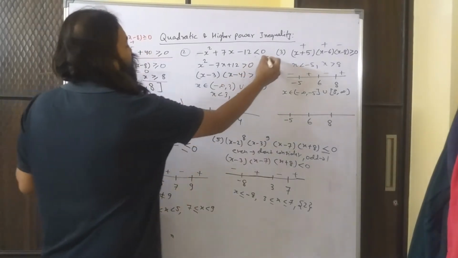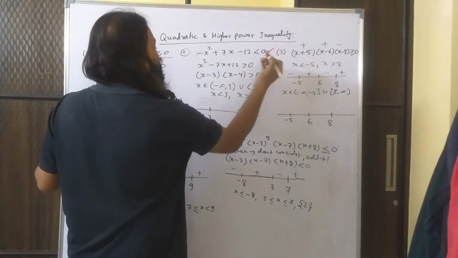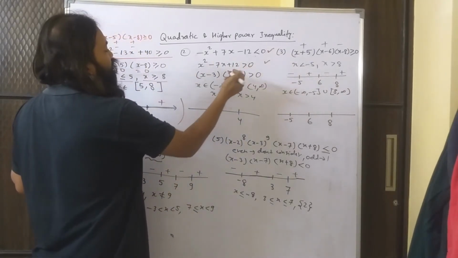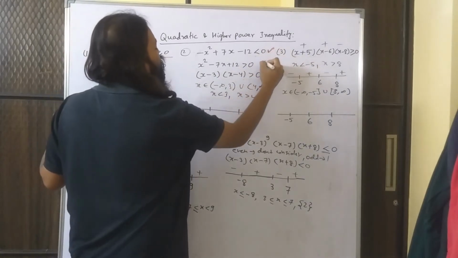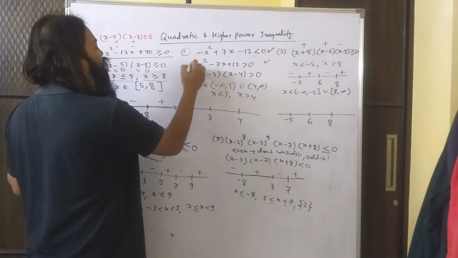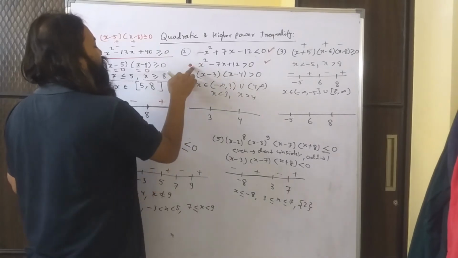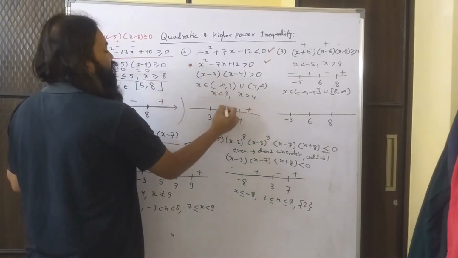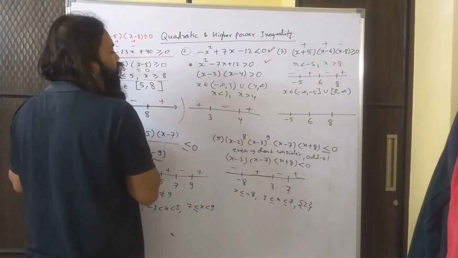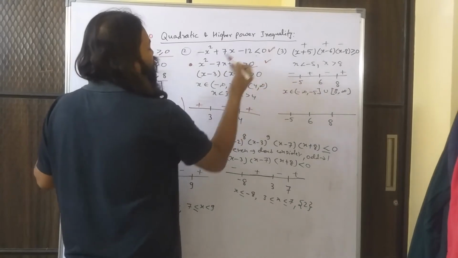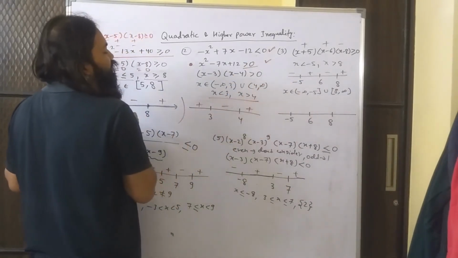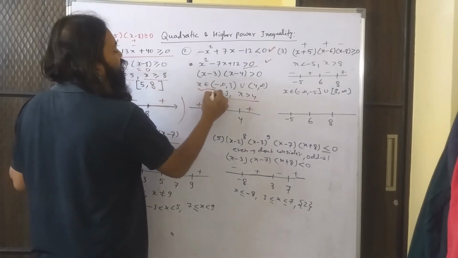Now this question and this question are the same, because we have just converted the question in this form, so the solution of this question and this question will be the same. There is no problem. Now again we are back to our standard form. You know that this is positive, so I can start with plus, minus and plus. And in this form, I want it to be more than 0. So again my answer is more than 4 and less than 3, which I can write like this.